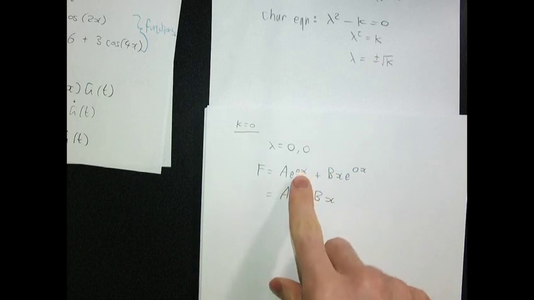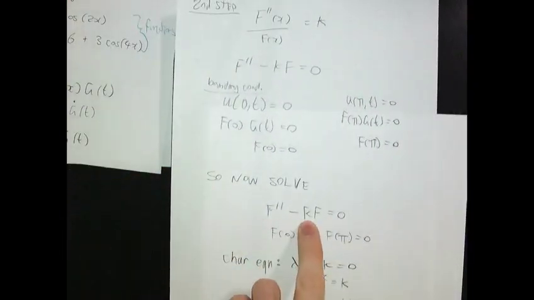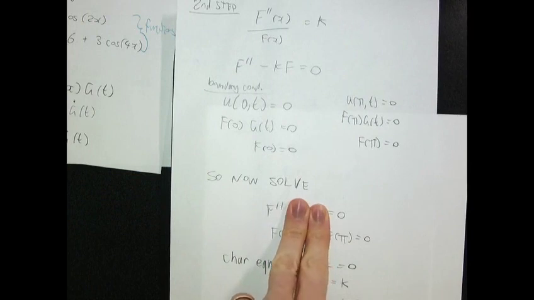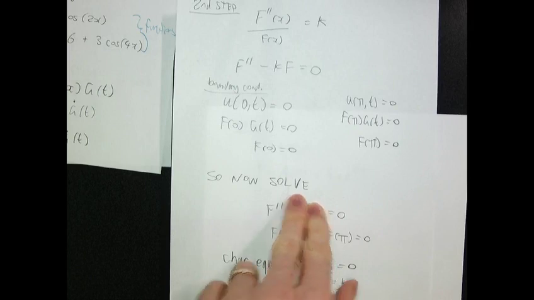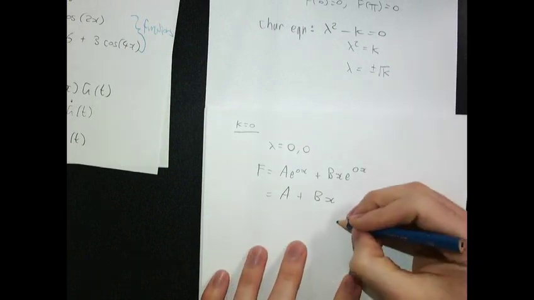So e to the 0x is just 1, so we get this. The other way of dealing with that is to go, well, if I went all the way back to here and put k equals 0, that would mean that f double dashed is 0. So when I integrate it once, I get an a. When I get a b. When I integrate it another time, I get a bx plus a. So I could do that if I wanted. This way allows me to not have to backtrack and do a different bit of the working. But I could have done that, and I will put that in a different colour if I wanted,